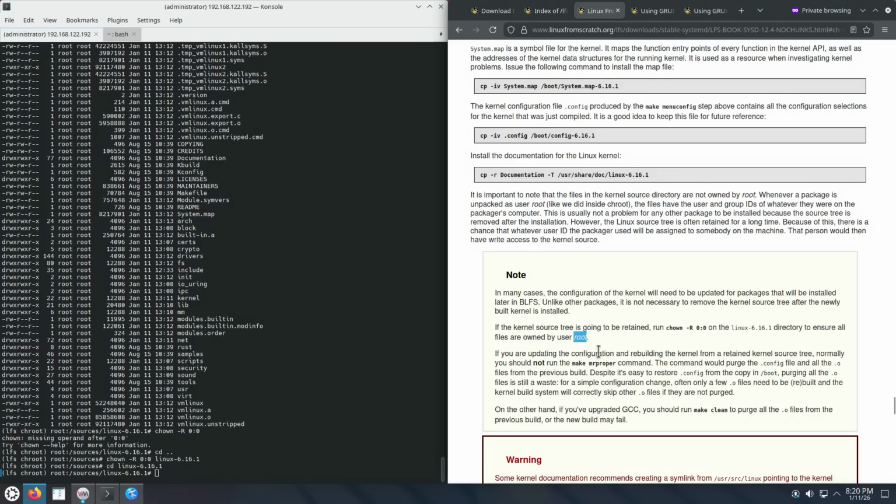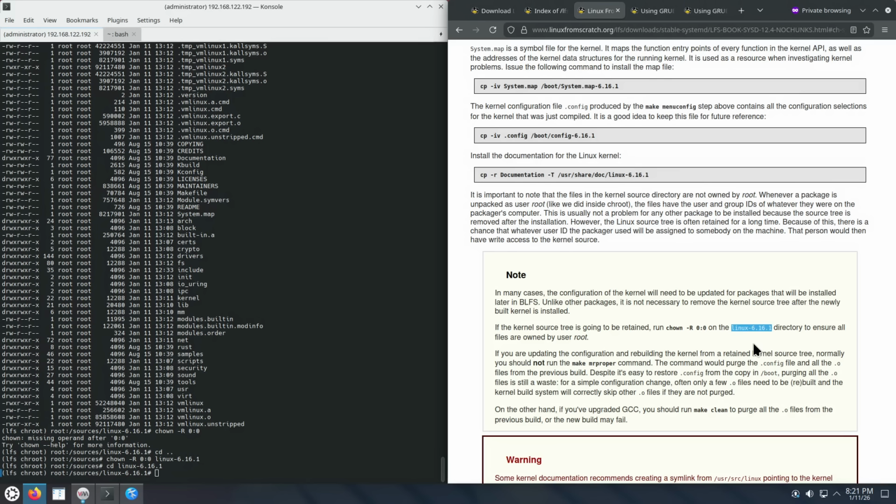Okay, we need to make sure that the user with user ID 0 and the group with group ID 0, GID 0, is the owner of the directory, because we're now inside chroot inside Ubuntu 25.10, but